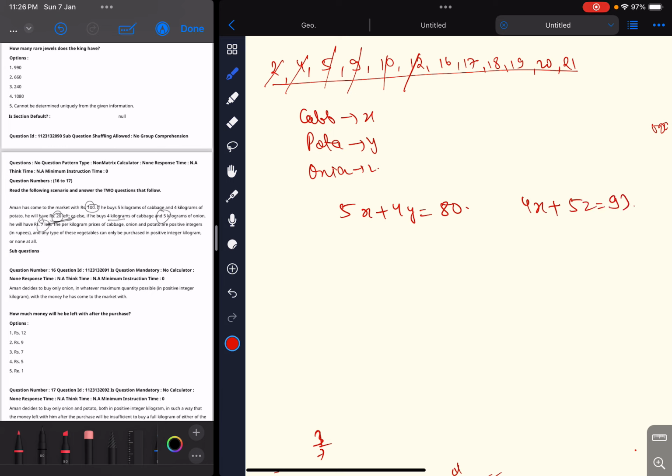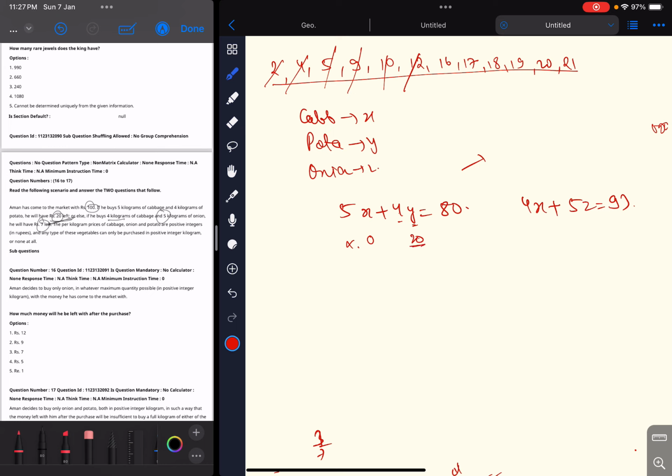Okay, now a very easy way to solve this. There's a video on integral solutions, on how to solve such expressions. So let us start. First we can take it as 20, so in that case it will become 4 to 80 and the price of cabbage will become 0. But this case won't be considered. We are just writing it to get the solution.